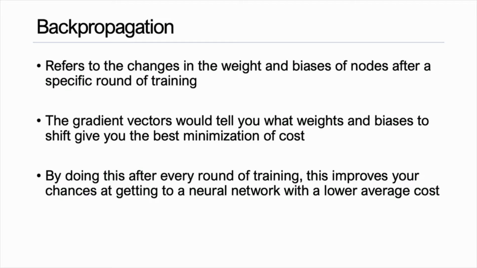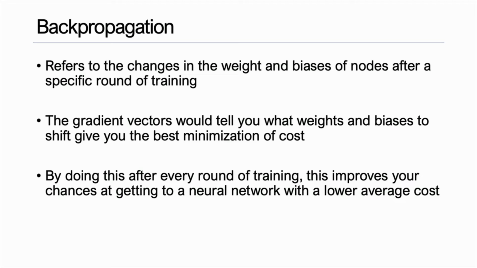So, and this refers to the concept of backpropagation. What backpropagation is: after you do a round of training, you would use the gradient vectors that you've generated, and you would go back and modify the weights and biases of these nodes. By doing this in every round, it improves your chances of getting to a neural network that has a lower average cost. So when we do training, usually we do like 300 to 500 iterations most of the time